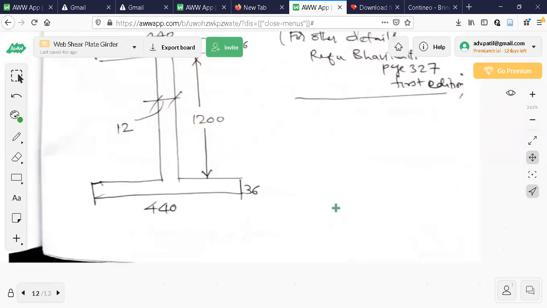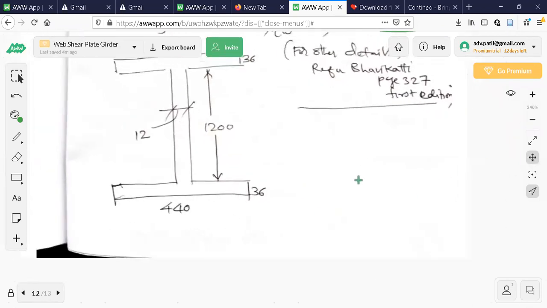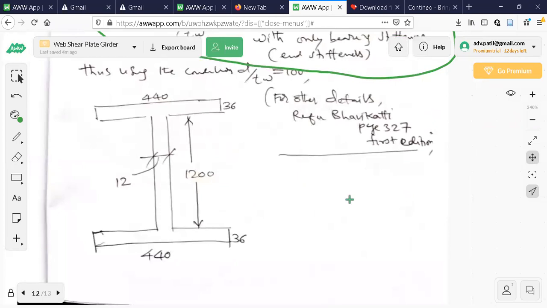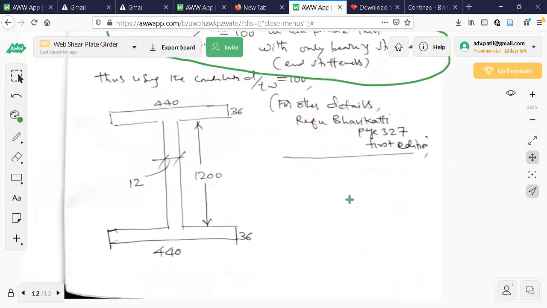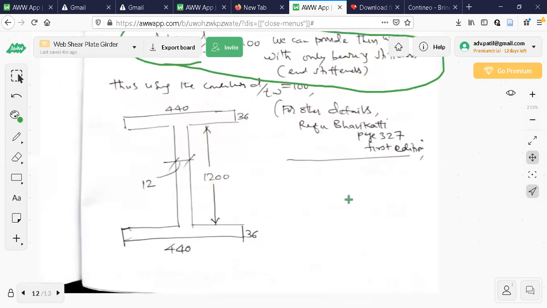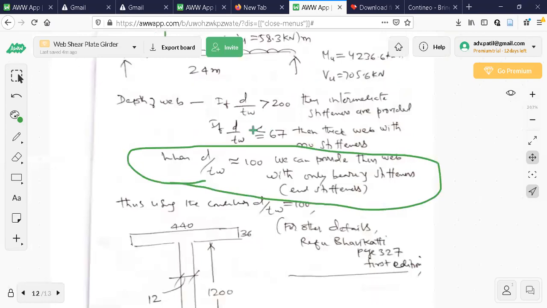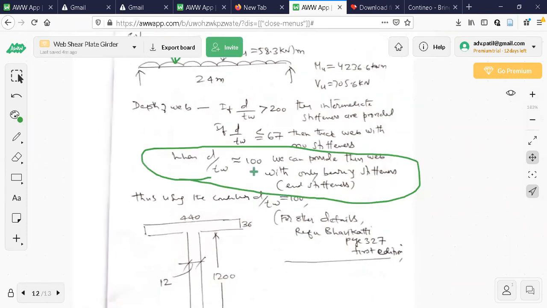Any questions in this one? This one you try. I'll give you complete solutions, but follow my method. Whatever I'm explaining here in this format only, you try to solve the problem. First is profile. Fix the profile of the plate girder using the thumb rules. Again, as I told you, it all depends on D by TW only. D by TW is decided based on no stiffeners, only end stiffeners, or both. Based on that only, D by TW ratio has to be decided.